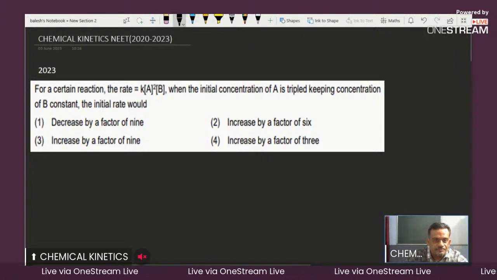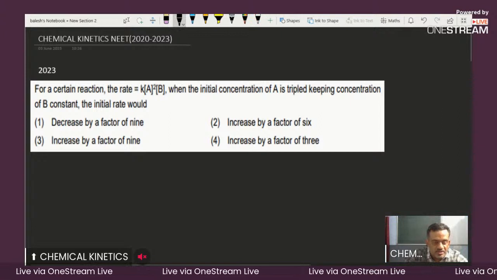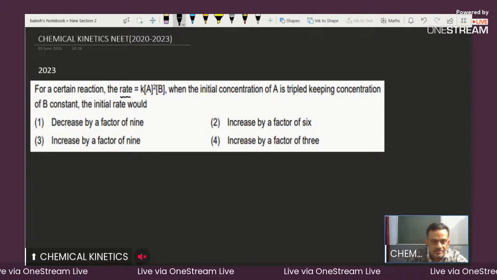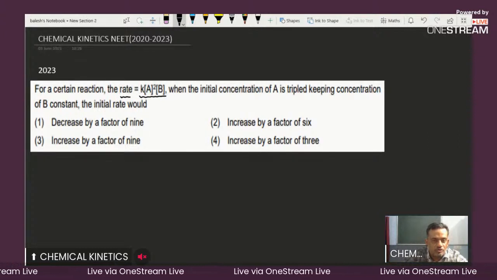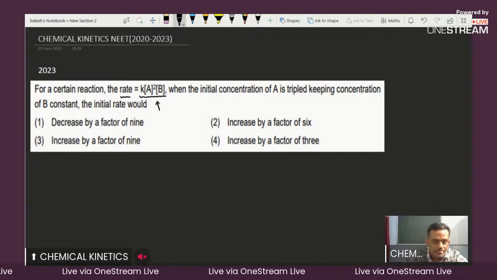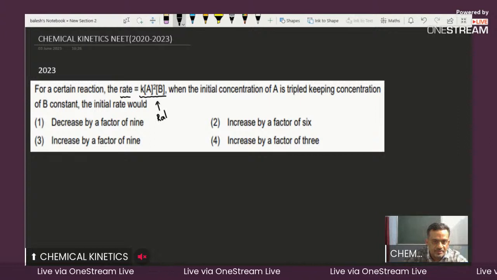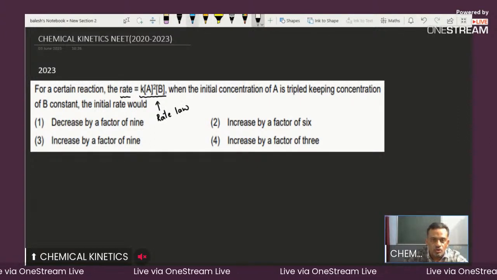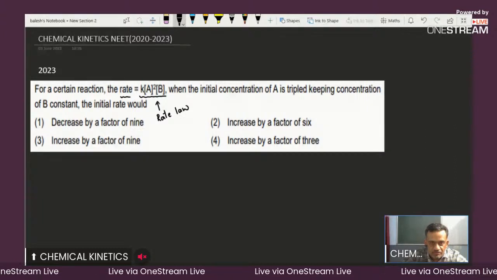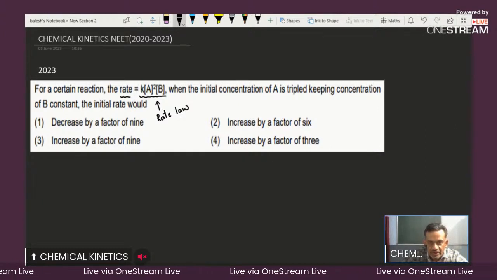So here it is. What is given? For a certain reaction the rate is given. The rate is equal to K into A square into B. So this is nothing but the rate law that is given, right? So what is asked? When the initial concentration of A is